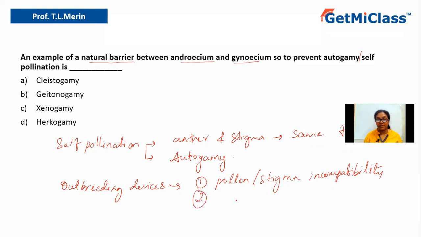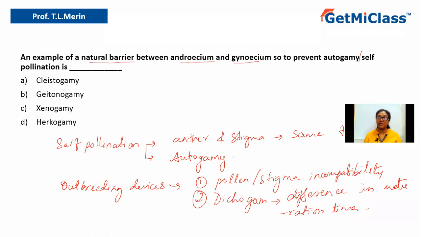Now the second natural barrier is known as dichogamy. So what is dichogamy? Here there is a difference in the time period of maturation of male and female sex organs. That is, the androecium and the gynoecium develop or mature at different stages or different timing. So the difference in the maturation time between gynoecium and androecium will not allow the pollination